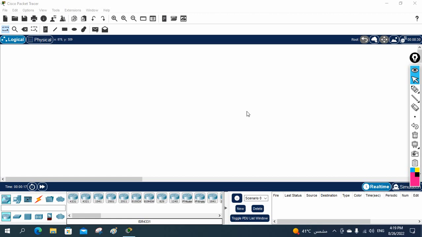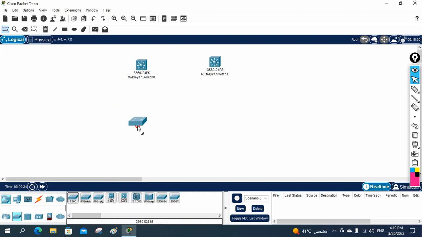Hello everyone, so now we are going to do one lab, that is VLAN lab. In this video we are going to learn how we can create the VLAN lab. So what I am doing here, if you see, I will take two layer 3 switches and two normal, that is layer 2 switches,